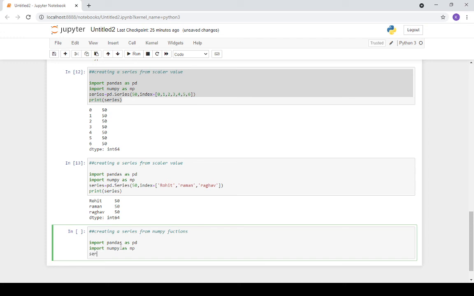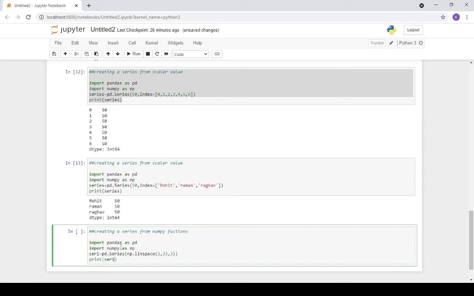Suppose I want to create a series 1. For that I'm creating a variable ser1. Then you have to write pd.Series and use a function like linspace. Suppose I'm using numpy.linspace, and whatever linspace value you put here is up to your requirement. Then print.